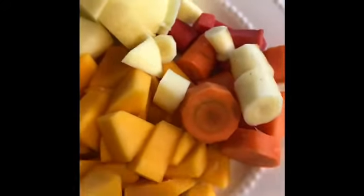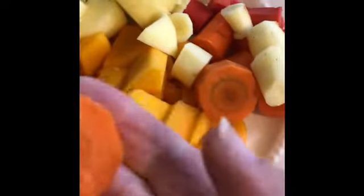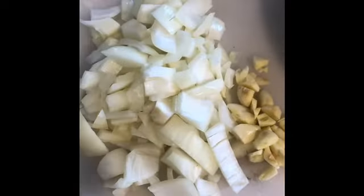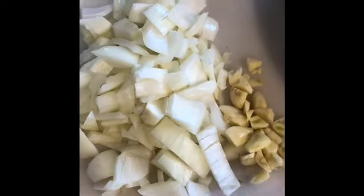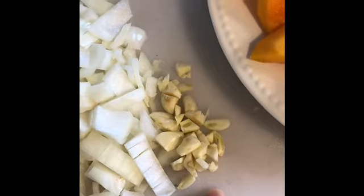So here are my ingredients. I have my butternut squash. I have some different variety of carrots. I've got just a regular carrot, a white carrot that kind of looks like a parsnip, and then I have this red carrot, okay? And then I have 1 diced apple. I have about half of a large onion just chopped, and then I did 3 garlic cloves. So now we're gonna saute all this up, and I'm gonna show you how to make a soup out of